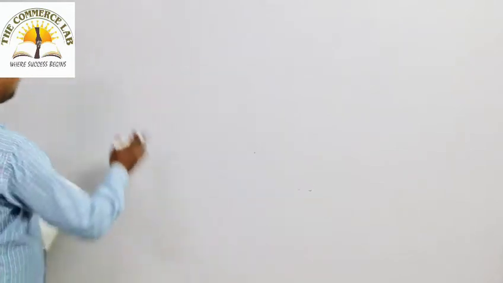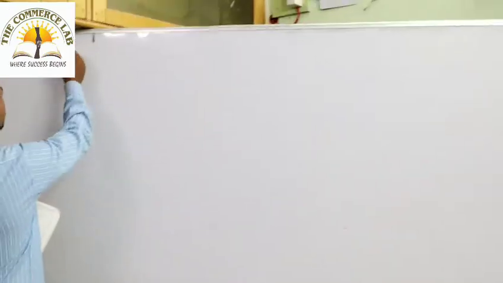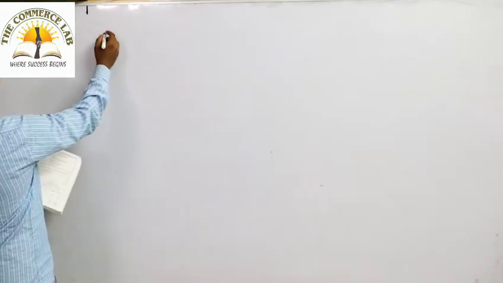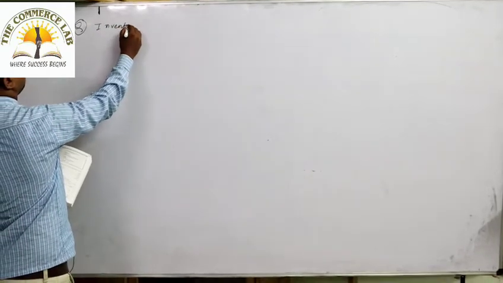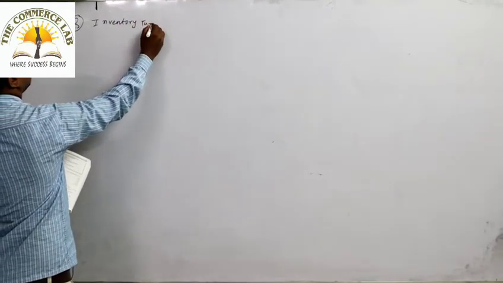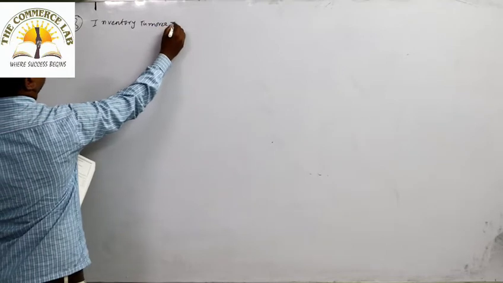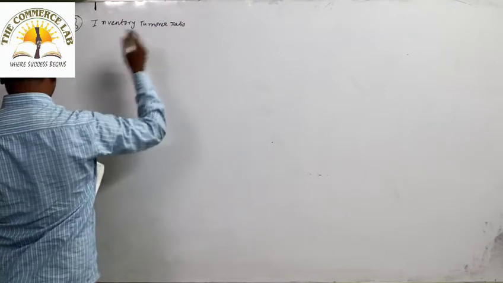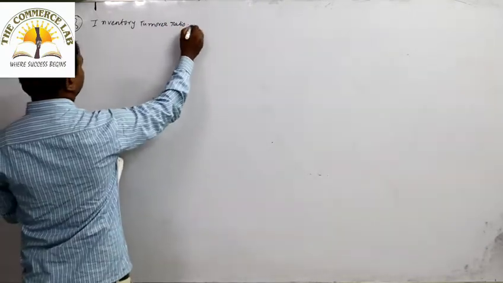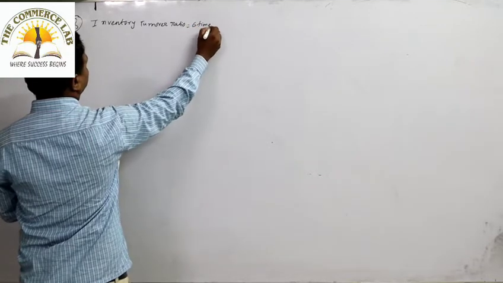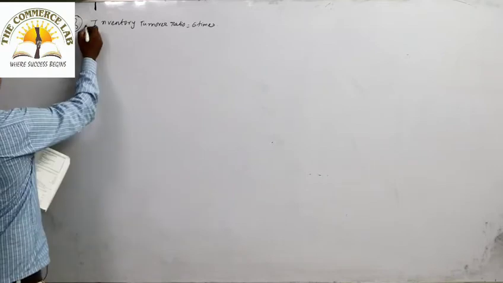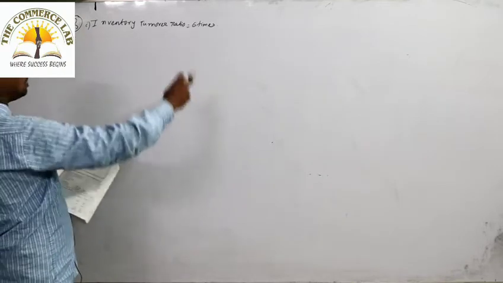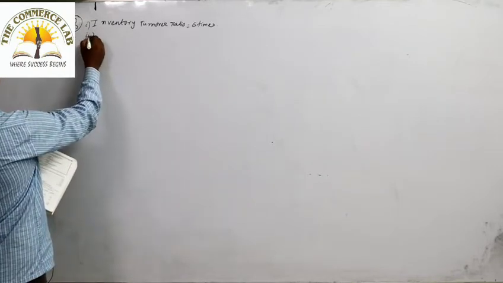So now we have to go for another question, on inventory turnover ratio. This is a bigger problem, so that you can understand everything that we did yesterday, in the last class and today's class. What information is given? Inventory turnover ratio is 6 times. This is the question we are writing.